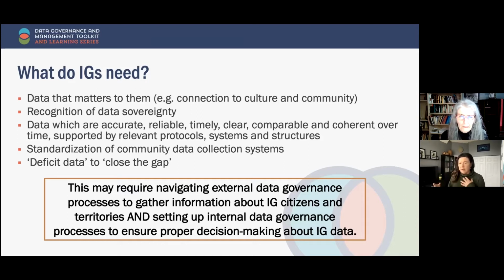So if we're going to achieve this vision, collecting all this data internally and externally, on things that matter to us and on the gaps that we continue to experience, we need to both navigate external data governance processes, and we're going to go through all of that. I saw a note in the chat about how you enter into information sharing agreements. That's the kind of stuff we're going to discuss. We also need to set up our internal structures to ensure proper decision making. These are hand in hand, because we will not be able to source external data without having those policies, procedures, and structures internally to manage that data when it comes. Next slide, please.